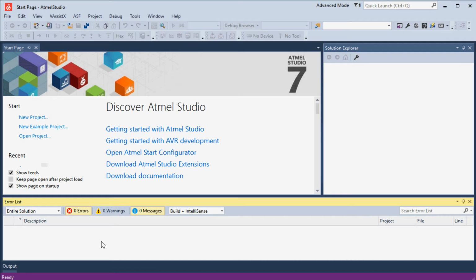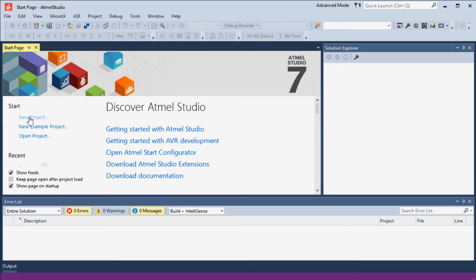So to get started, you have to create a project, like I mentioned earlier in this video. So you just go over here to New Project. Now if you want to spend some time playing around with this, you can open up an example project. They've got some that come with Atmel Studio, but I'm not going to talk about those. I'm going to go to a New Project. So we'll click on that,